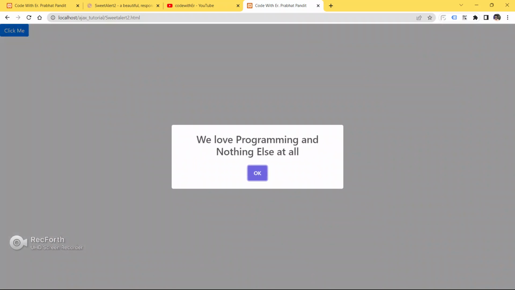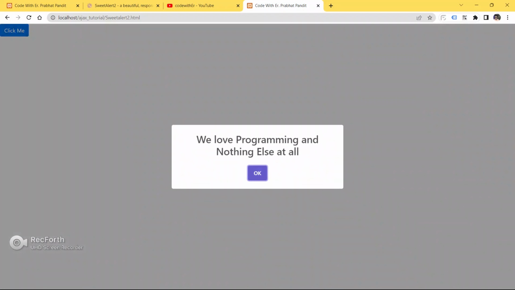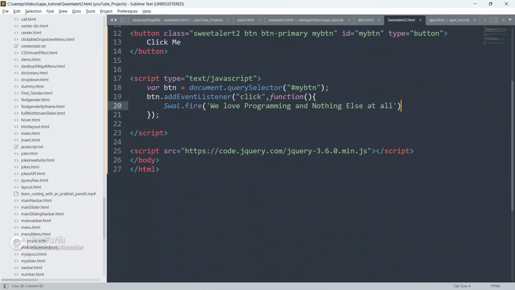See, we don't see any alert as of now. We will see the alert only if the user clicks on this button. So I'm going to click on this button and let's see if it works or not. See, it works. As you can see, this alert works. It only works when the user uses some event on this page, like a click event, change event and other events. Then only this alert should work. So it is working as expected.